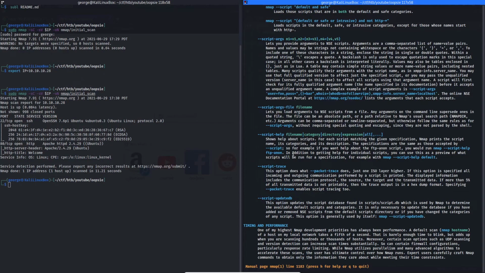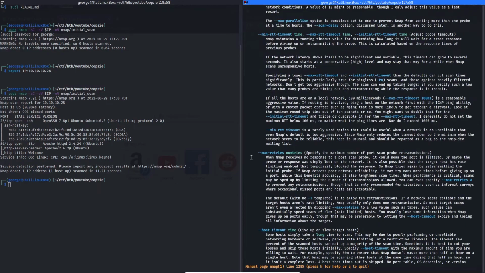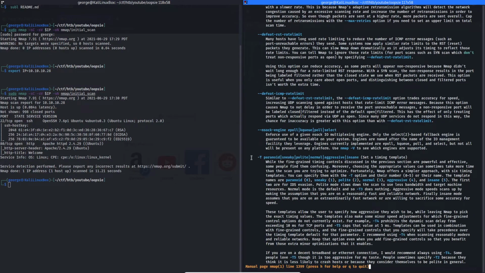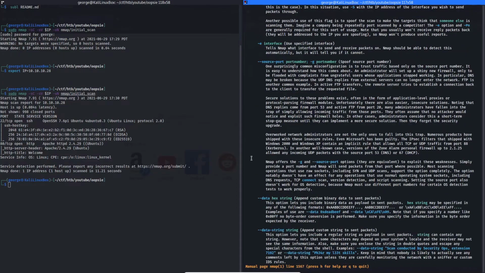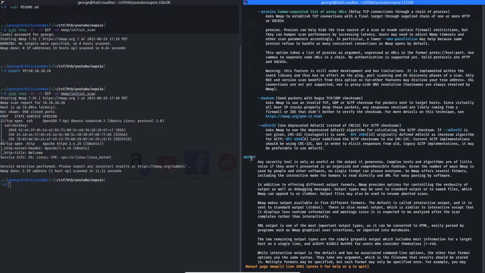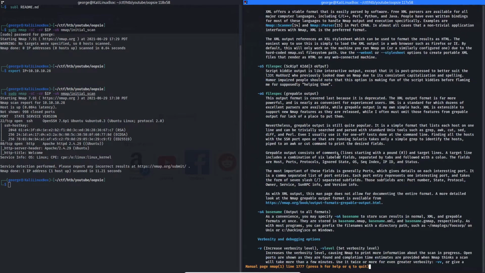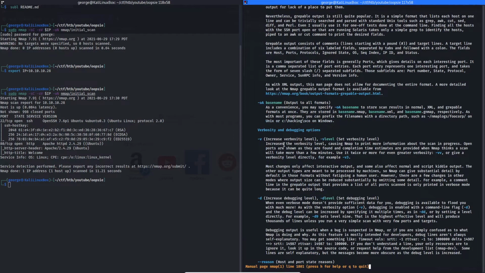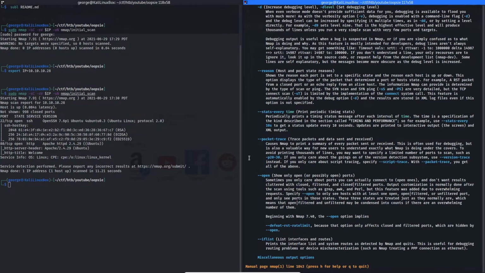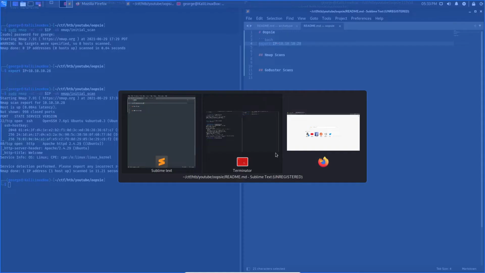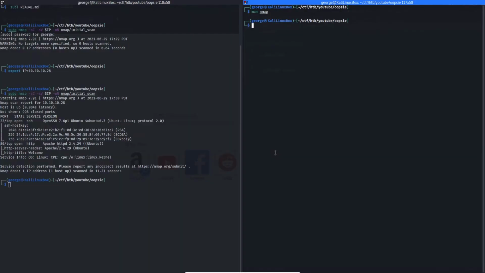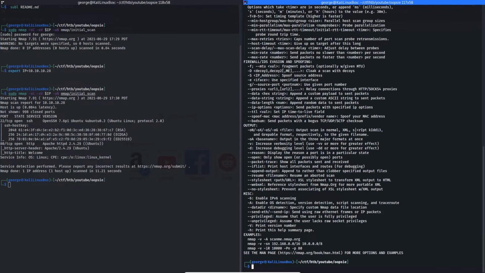You have all kinds of other ones here. -oN just saves the output to a file. But yeah, read that. It's helpful. If you don't want to read that, you can also do nmap --help, and that'll give you